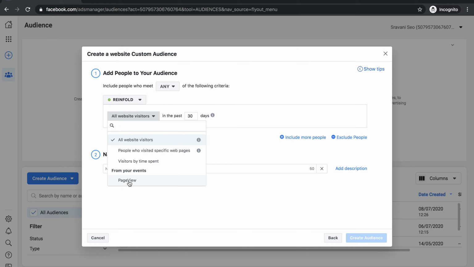So multiple events will be recorded by the Facebook pixel. If you would like to focus on specific events also, you can focus your audience.